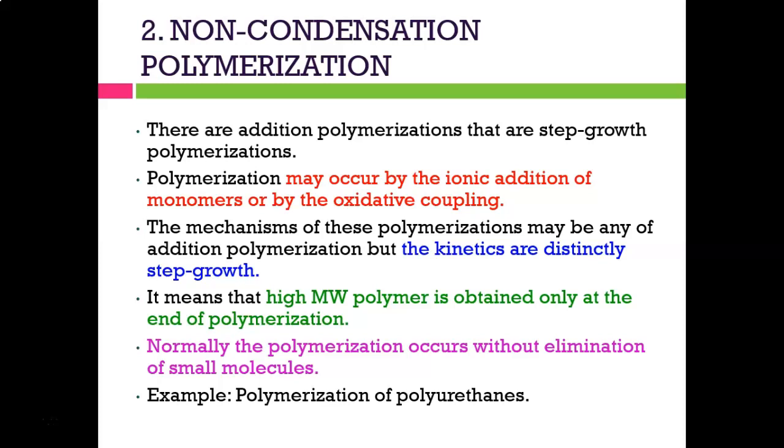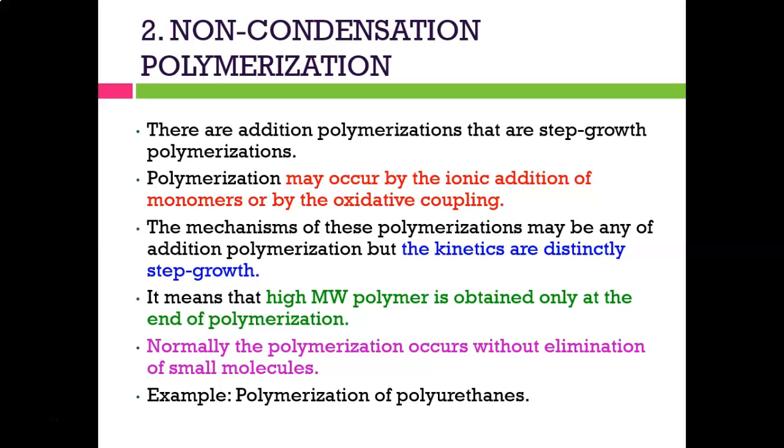Polymerization may occur by the ionic addition of monomer or by oxidative coupling. The mechanism of this polymerization may be addition polymerization, but the kinetics are step growth. For example, in the preparation of polyurethane. So polyurethane is actually something we consider as a